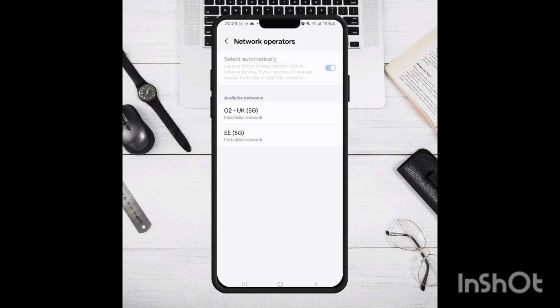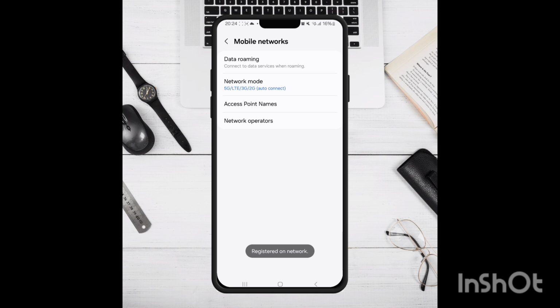So disable that, and that'll open up a list of available networks. You want to choose your one. It'll say current network below it. So register on your network again,